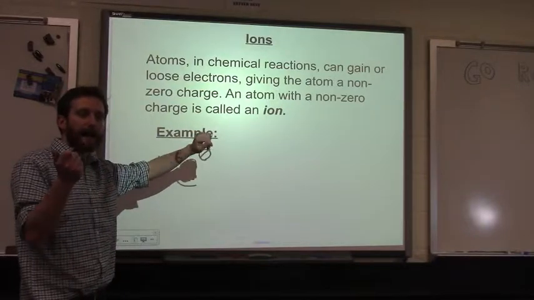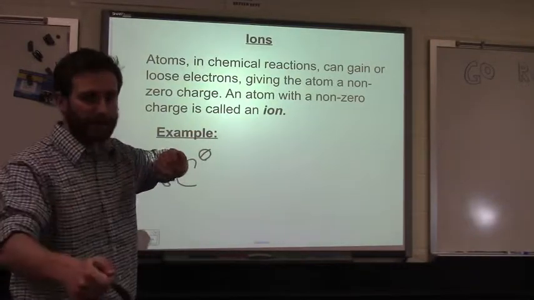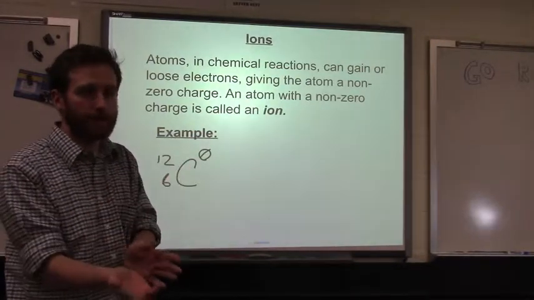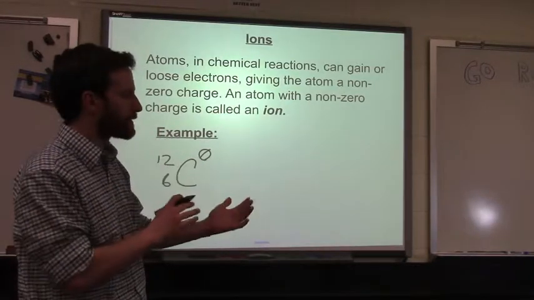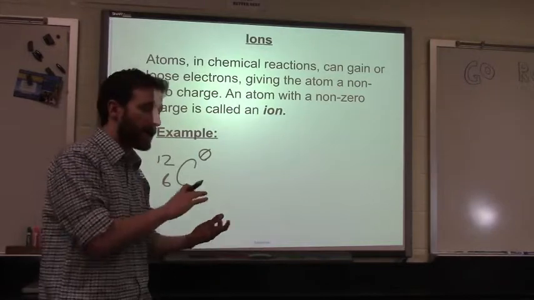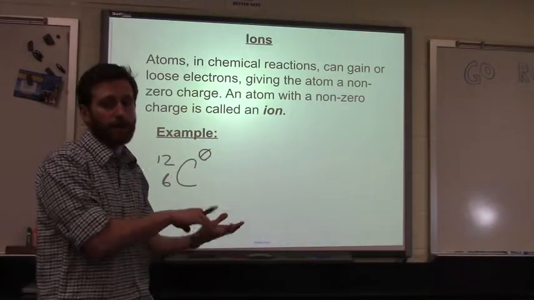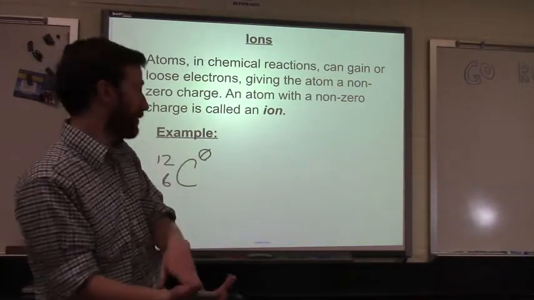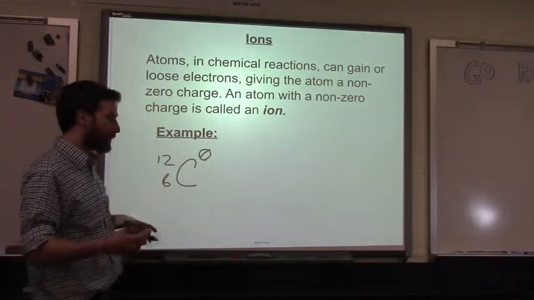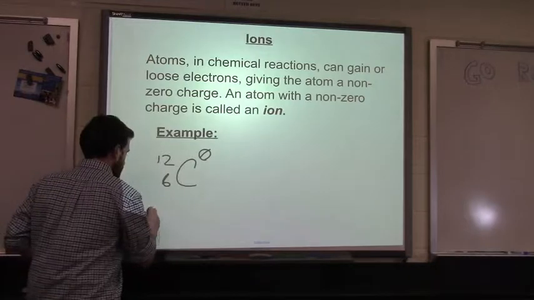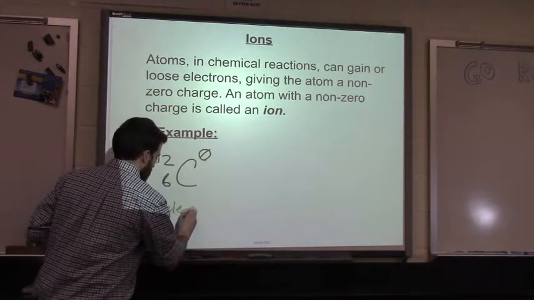So if the carbon atom here has a net charge, total charge on the atom, of 0, then it's got to have a proton for every one electron, or an electron for every one proton. Keep in mind, electrons have a charge of -1, protons have a charge of +1, so every one proton will cancel out the charge of every one electron. So if my charge is 0, and I've got 6 protons, boy, I better have 6 electrons.